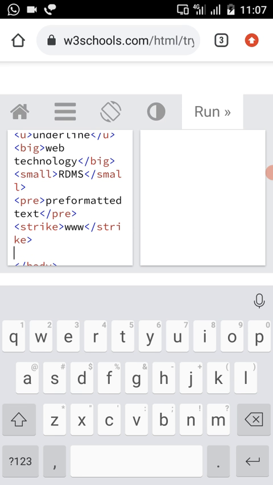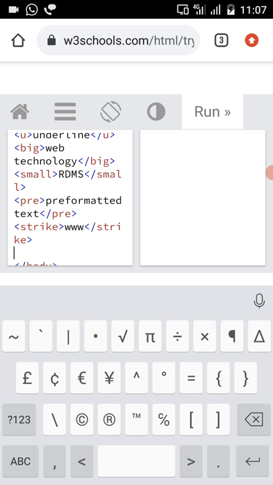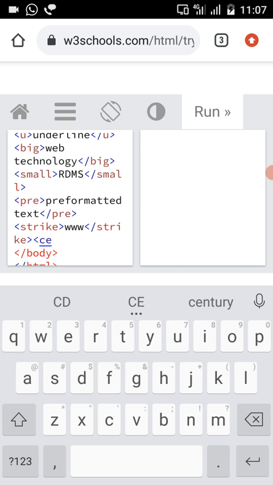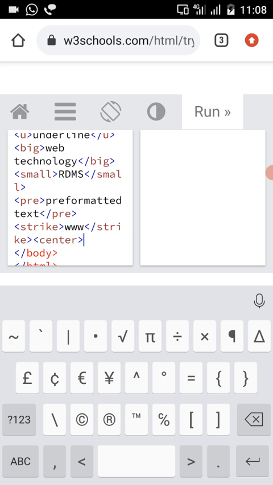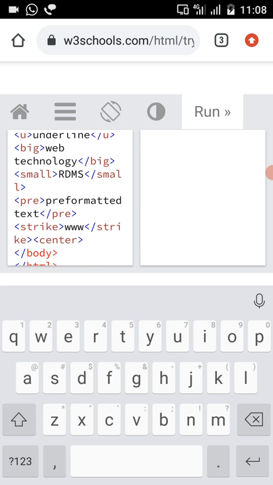After that, I'm using the center tag for representing text in the center. Here you have to write the spelling of center like this: CENTER. I'm going to write some text like center alignment, because the center tag is used to allow you to align text at the middle of your web page.